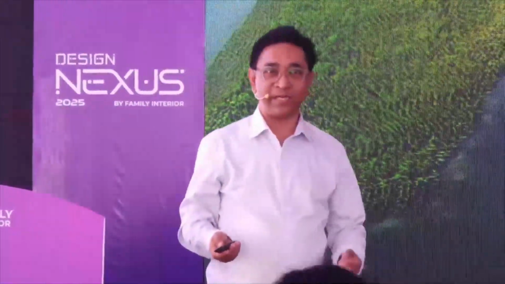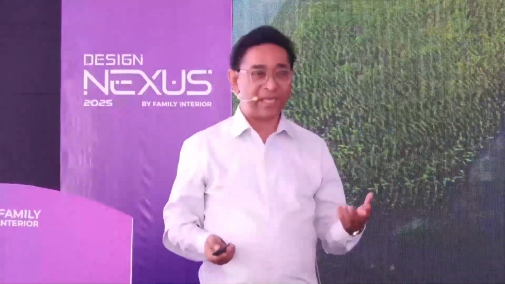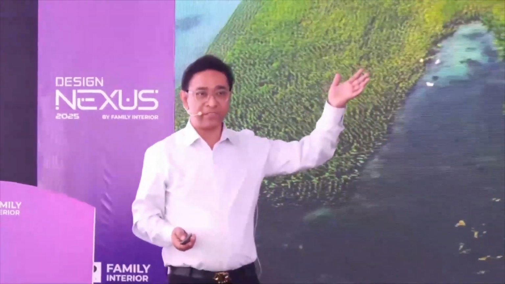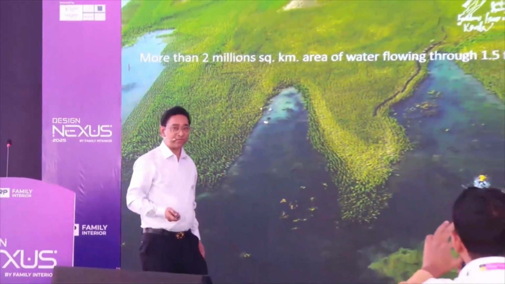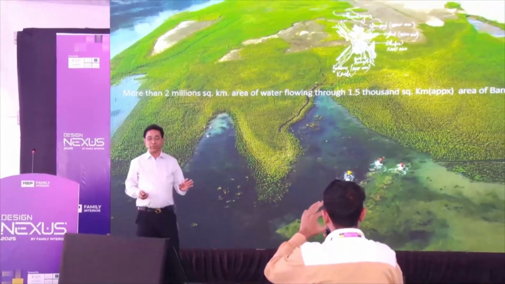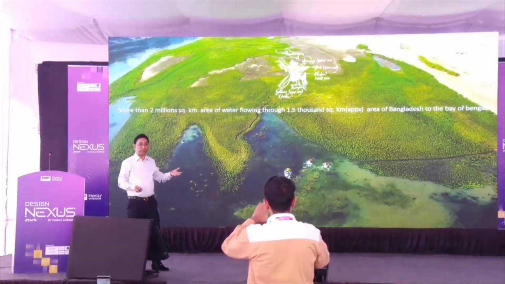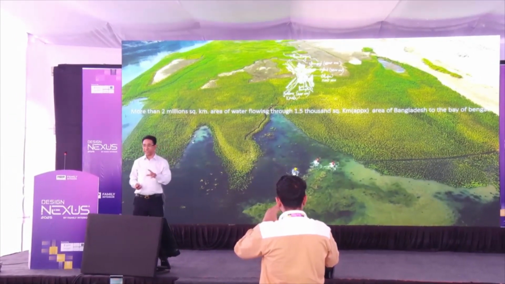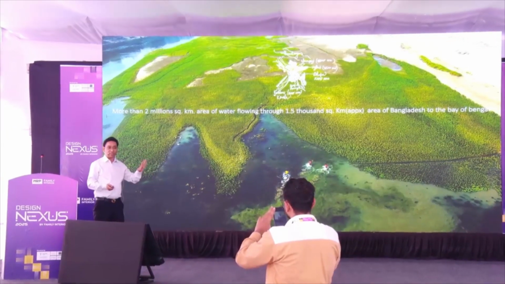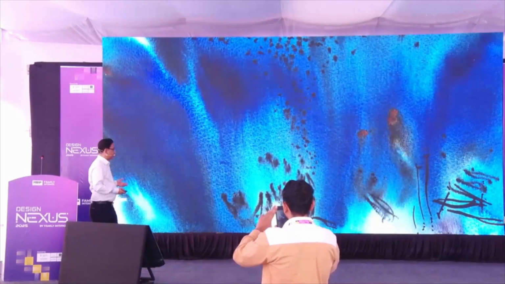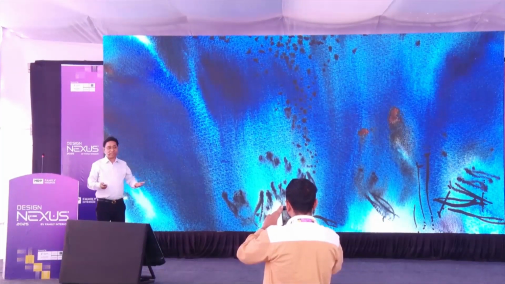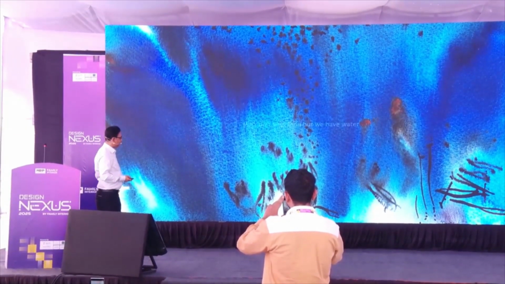Bangladesh is one of the largest deltas on earth, and it receives a huge amount of water from the Himalayan side, from the Ganges Plain and Brahmaputra Plain, more than 2 million square kilometers of water coming into a small land of 150,000 square kilometers. So it's receiving water from an area 13 times larger. That's why I'm a watercolor painter also. That's why I do watercolor painting as a Bengali architect, which is very, very normal actually.